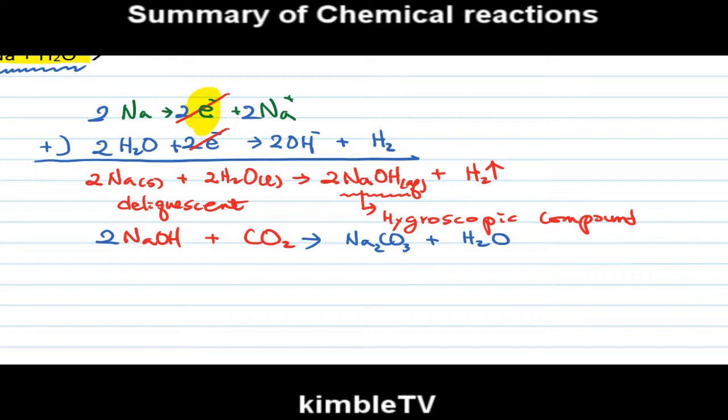And in this system, too much carbon dioxide will be continuously supplied to this system. Therefore, sodium carbonate plus water plus too much carbon dioxide gives sodium hydrogen carbonate,